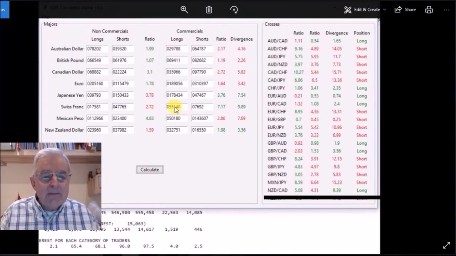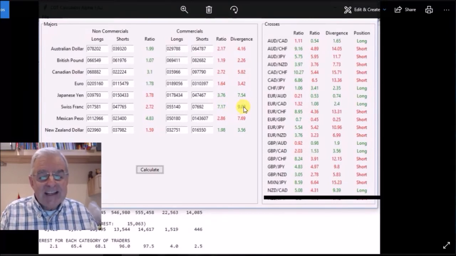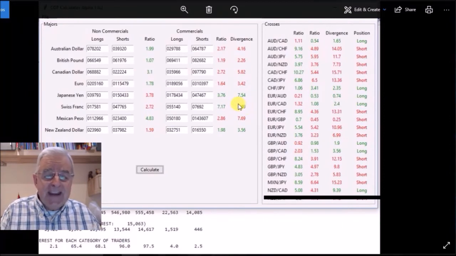And then you do the same for the commercials, and you get a ratio of 7.17 long, which gives you an overall divergence between the two of 9.89, a divergence of 9.89